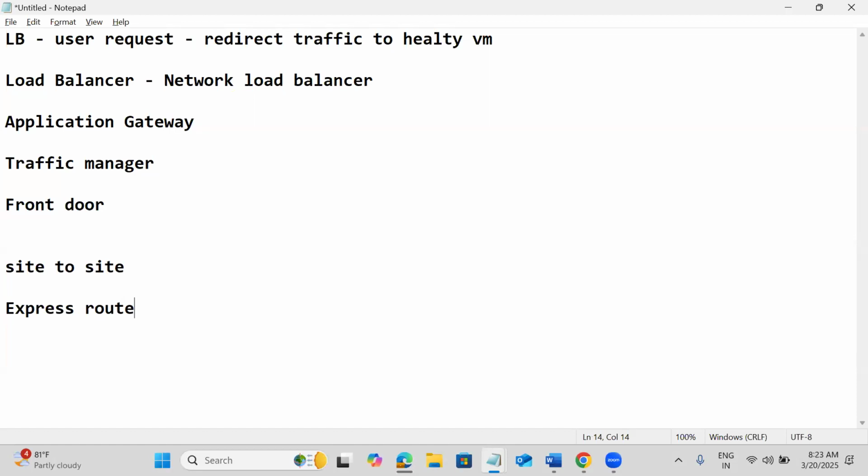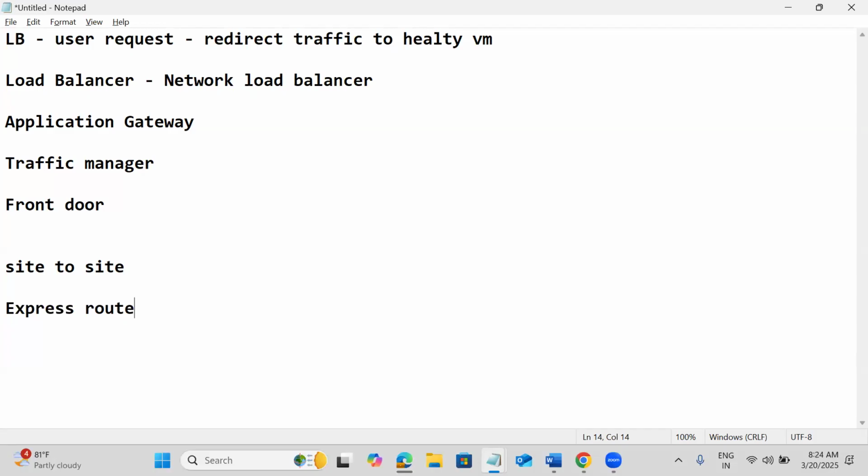In their data centers, they set up ExpressRoute. So what are the advantages? Dedicated bandwidth, and it provides security compared to the internet. Some large scale enterprises prefer to go for ExpressRoute.